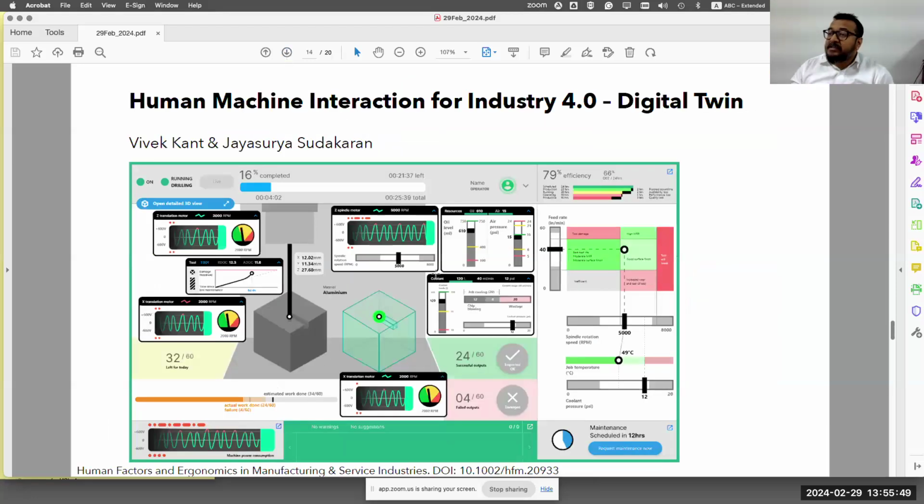And here are a few examples that I've done. One is HMI design for a digital twin of a CNC machine and a lathe machine, and we did a whole user interface for them. Notice that what we are trying to do here is capture the logic of how people are thinking about it. So this is the point where your tool connects to the job and where it's cutting it, right? So this is your feed rate and this is your spindle rotation. Now, once this friction is happening, heat is being generated. That means your job temperature keeps on going up.